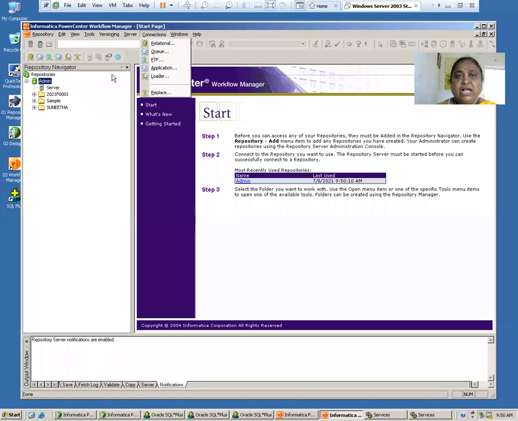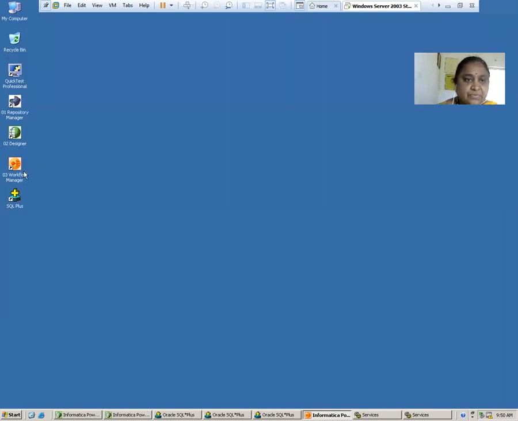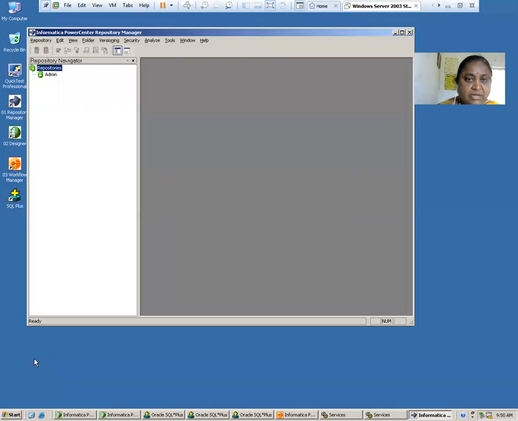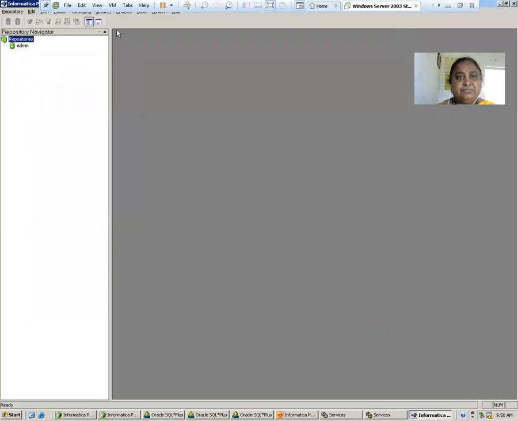So what I do, I should go for creating the new thing. Sorry, I have to go for the repository manager, not the workflow. Repository manager.